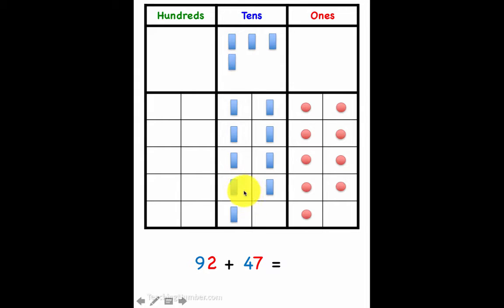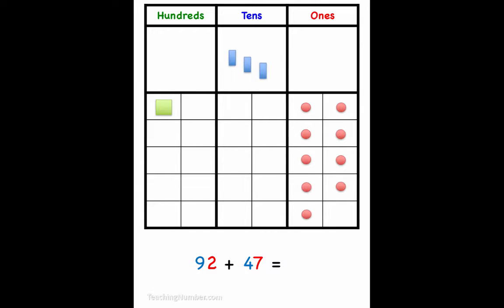However, we only have one empty frame for a 10, so if we fill it, we must unitize the 10 tens to make 100. Now we can move the 3 remaining tens into the frame and see that we have 100, 3 tens, and 9 ones, or